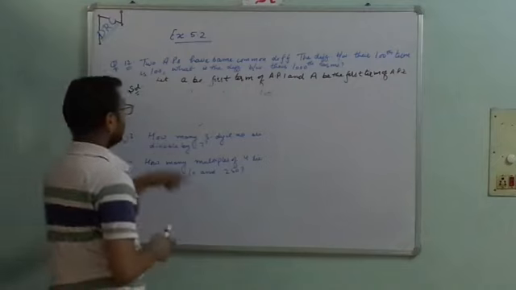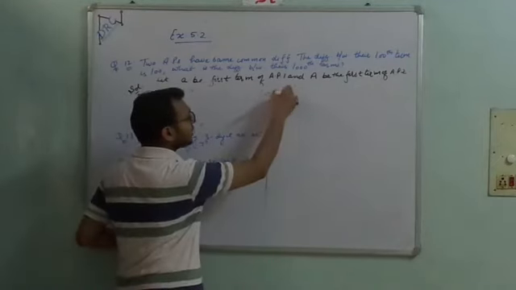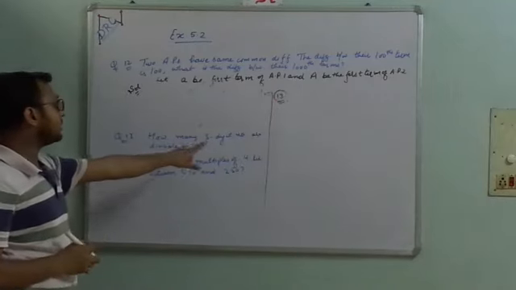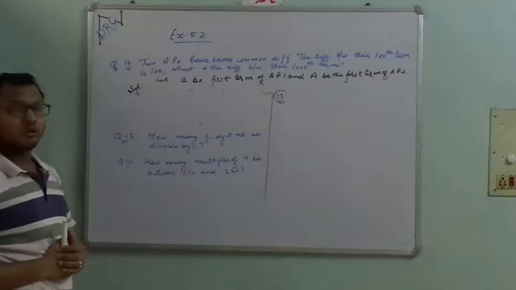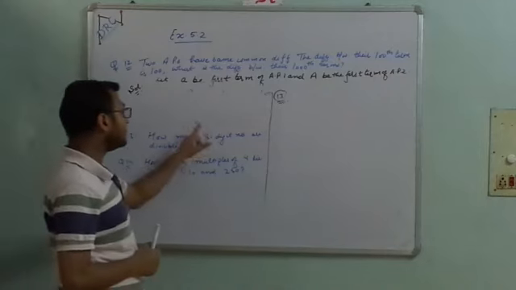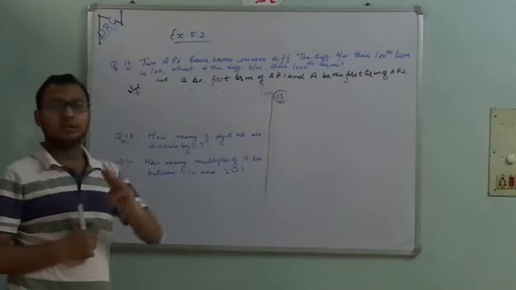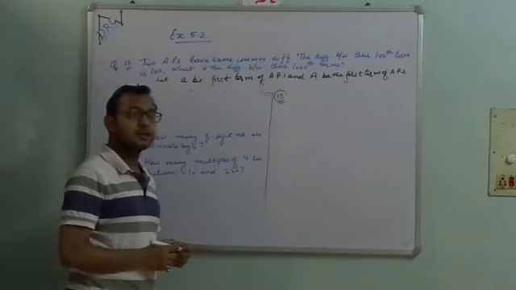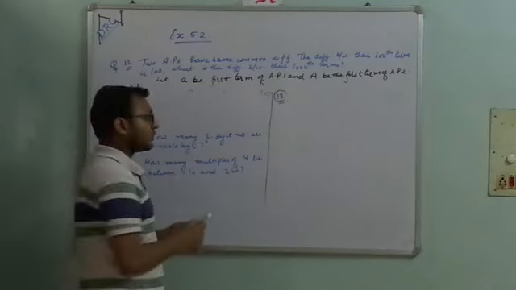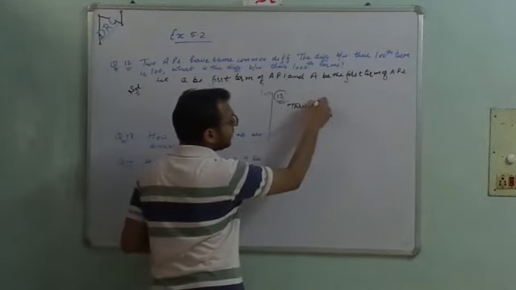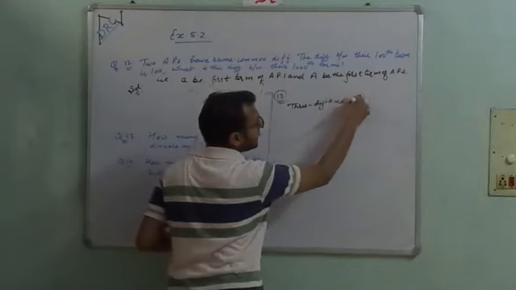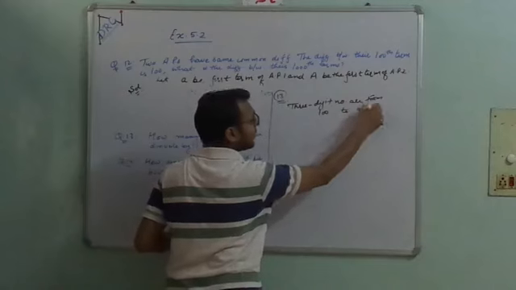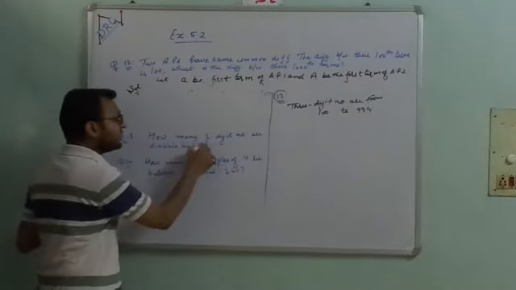Okay. Now the second question, or you can say the 13th question according to the exercise. How many 3-digit numbers are divisible by 7? So firstly we have to know what a 3-digit number is. 3-digit number means जिसके अंदर 3 digit आते हैं, जैसे कि that start from 100. So 3-digit numbers are from 100 to 999.